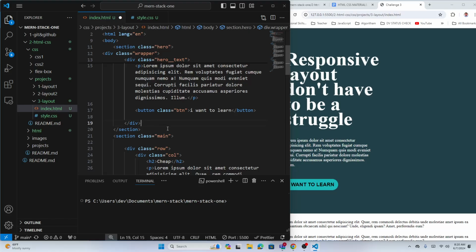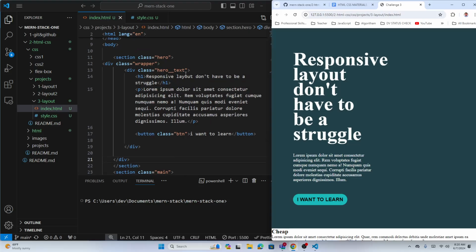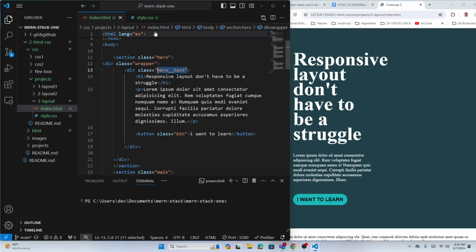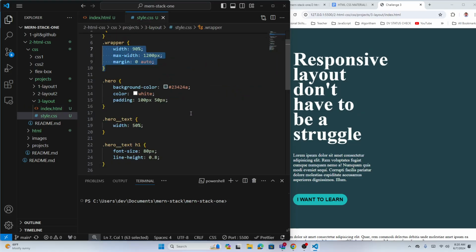That whole div, right? Hero text div. See, save, and it moves in the center, right? But the only problem now is this hero text. We added padding on the left side. That is what we don't need anymore now, right? So